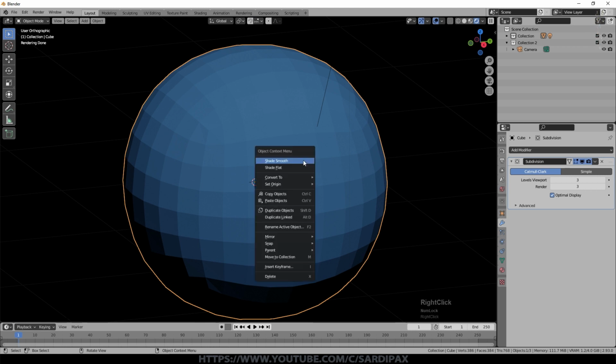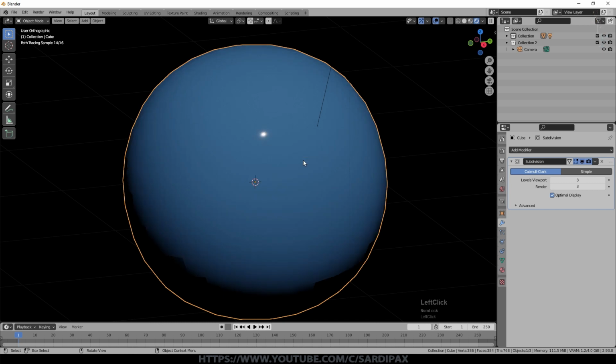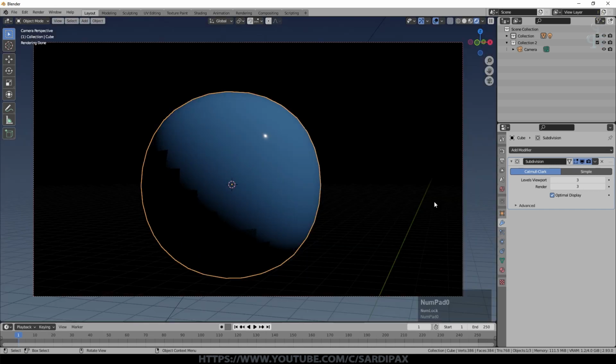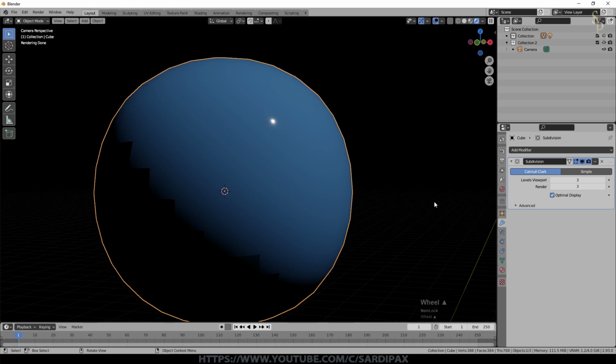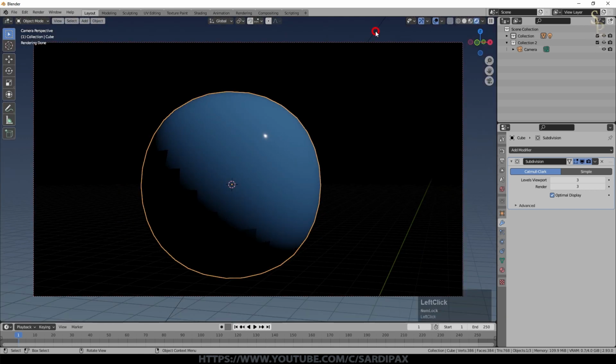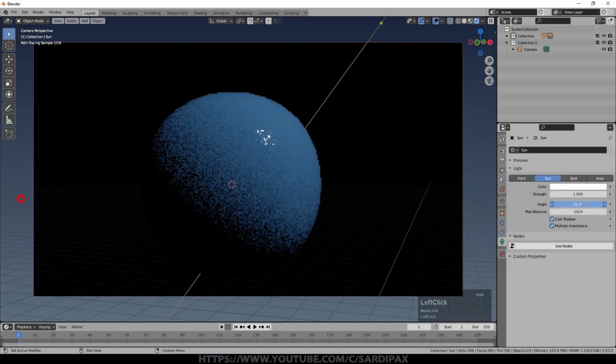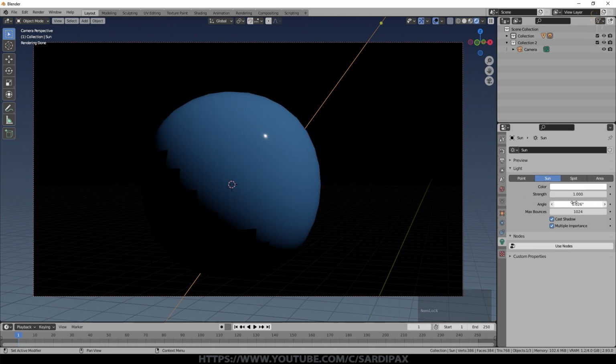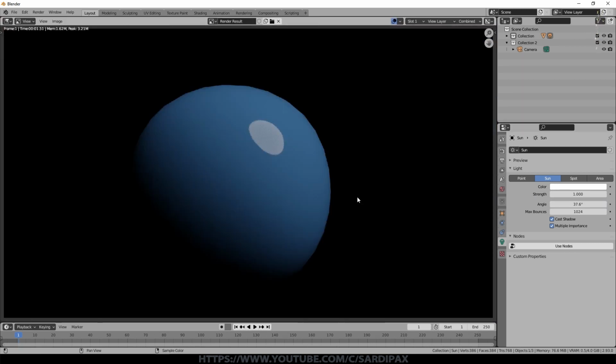However, we can right click and we can say shade smooth. The default is shade flat. Now, for the most part, that works. We have some artifacts here which we may or may not have when we render. So if we render now, yeah, we have. So you can address some of that by adjusting some of the settings for your light. So if I make this a much bigger angle, for example, you'll notice those sharp jagged lines largely disappear. So if I render that now, it looks okay.